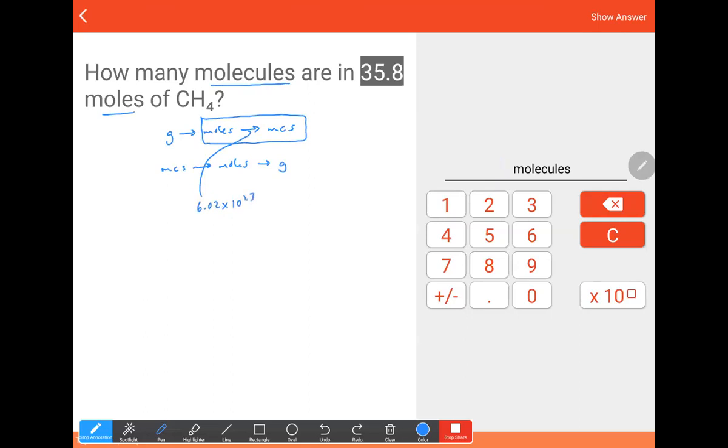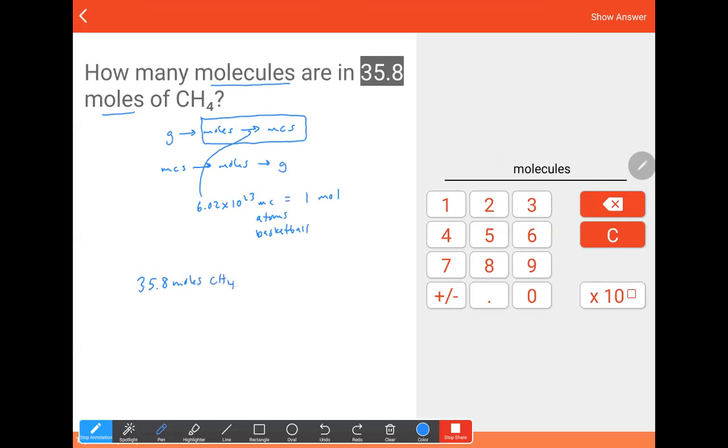Now, the equivalency that we're looking at is there are that many molecules or that many atoms or that many basketballs, whatever you want. It's a counting unit in 1 mole. So we start with moles. So we have 35.8 moles